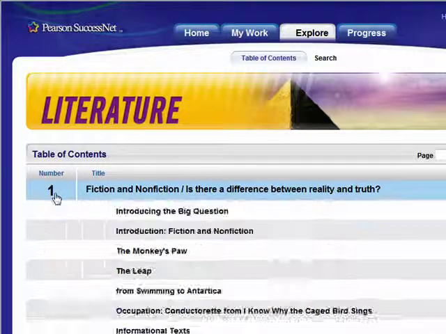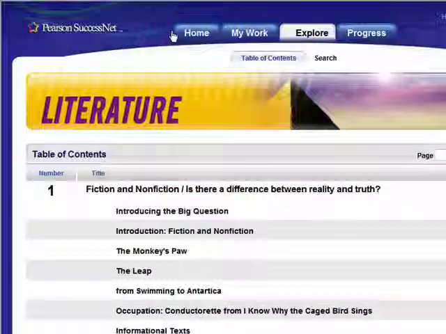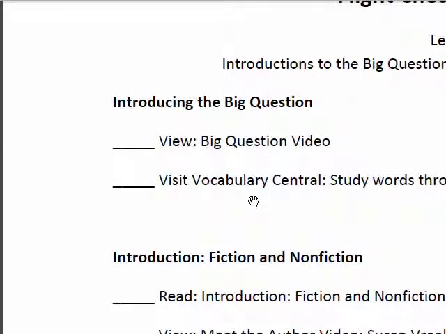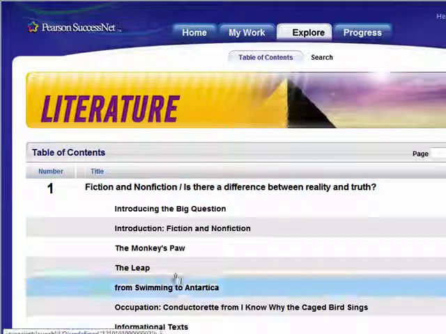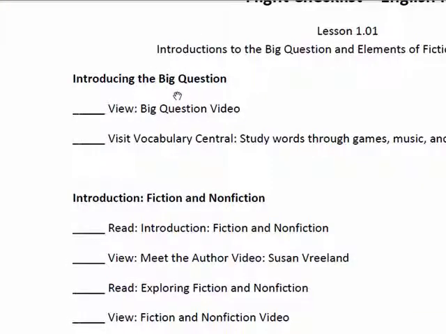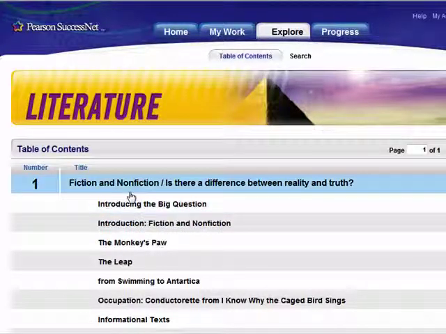So right now we're in Module 1, so now we see this new drop-down menu, and what we're going to do is go back to our flight checklist that we've printed out and we have right beside us, and we're going to match the title that's on our flight checklist to the title we see in Pearson. Here's Introducing the Big Question. And we know that while we're there, we're going to view the Big Question video and visit Vocabulary Central to study the words. So what we'll do is click that title,